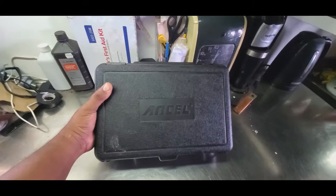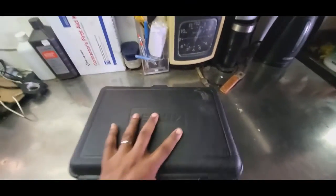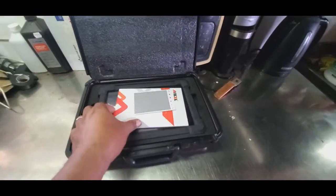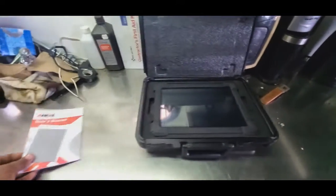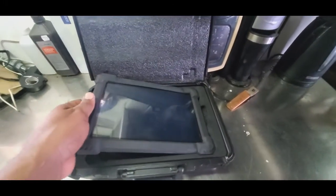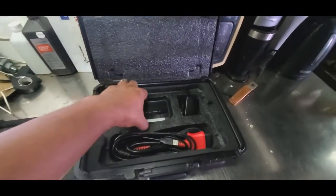Guys, this is the Ancel X7. It's a bi-directional scanner. It's a 10-inch tablet. You have the user manual, and this is your password card. Sign in. In the box you get your scanner, you have your VCI,